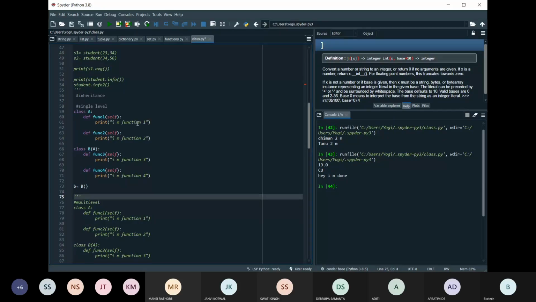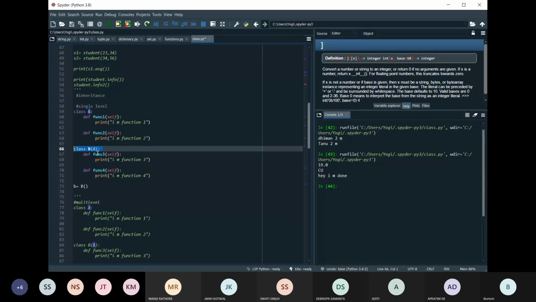Right? So I have created a class A by writing the class keyword, and in that I have created two functions, function 1 and function 2, and I'm just printing one statement in each: I'm function 1, I'm function 2. Then I have created another class B. This is a simple example of inheriting the class. Write the class name, this is my subclass B, and in the brackets write the parent class which you want to inherit. So this is the basic syntax of inheritance.